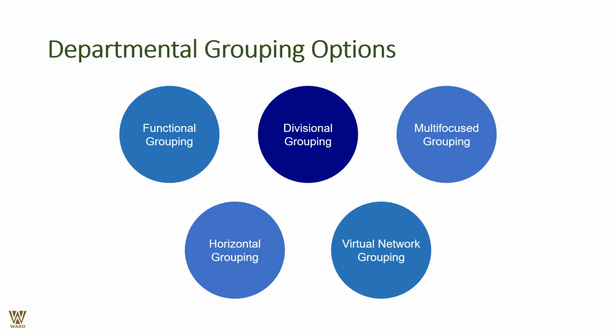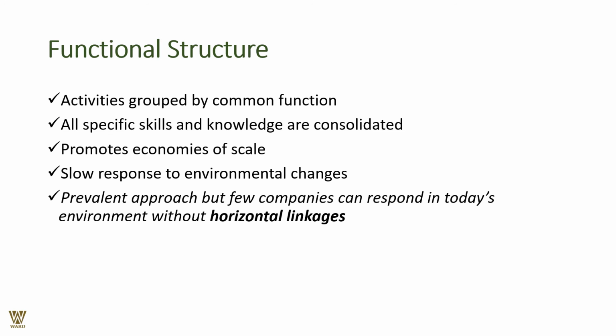If we want to go around it, then we can have horizontal groupings wherein the supervisory levels for each department, managerial levels for each department, the vice president levels for each department as such. Virtual network grouping is where people are in touch with everyone, probably through social media and so forth. So let us begin with functional structures.